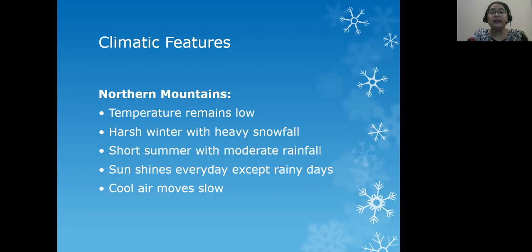The winters are extreme with heavy rainfall. The summers are mild and short. In some months, it may rain over there. Sunshine is there except for the rainy days. Throughout the day, cool air blows in the region.